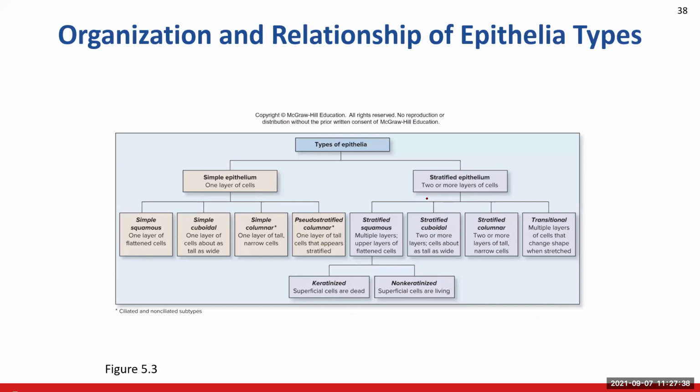So when you look at this figure 5.3, it breaks down the types of epithelium. We break it down into the cell layer first, simple and then stratified. And then we break it down into the subtypes, the specific types, like simple squamous, simple columnar. So look at this chart first, try to memorize this chart, and it'll give you a general understanding as we move through the different types of